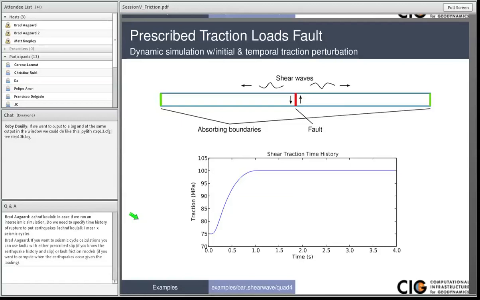We also impose a normal traction. This is going to exceed the friction criteria, so we're going to get slip. We'll generate shear waves that propagate down the bar. We have absorbing boundaries at the ends that are going to absorb those shear waves. And there will be some very, very small reflections that come back, but they are very small because we have